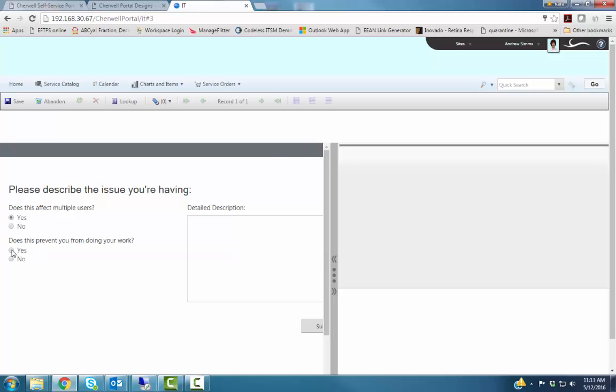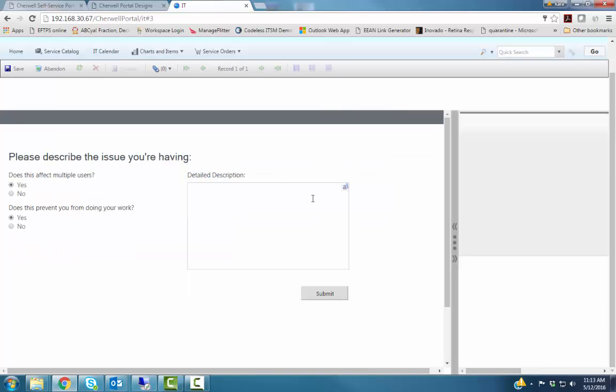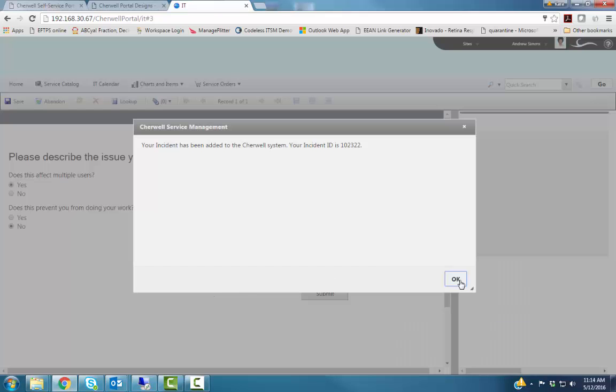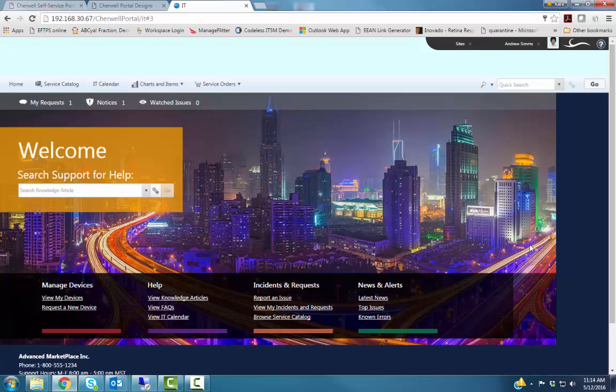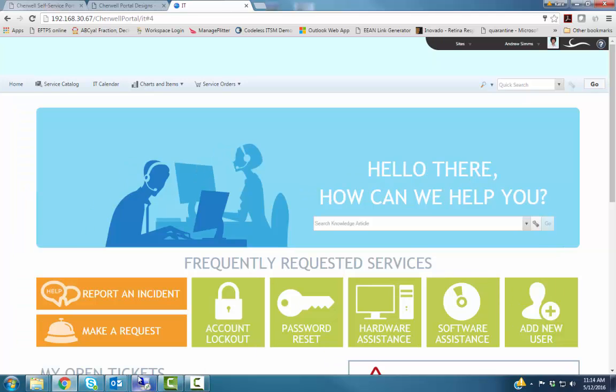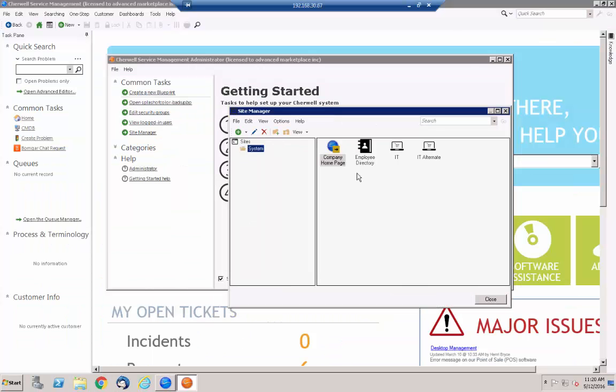The other thing too is when you create a ticket, it's just something to keep in mind. Okay, submit. Okay, I've created a new incident. When you hit OK, it's going to go all the way back to the original out-of-box portal home, which we don't really want to have happen. When you create a new ticket, and to prevent it from going back to the out-of-box home, what you need